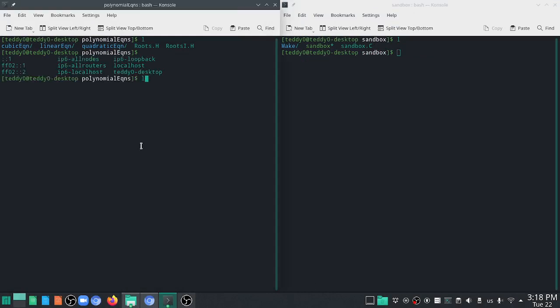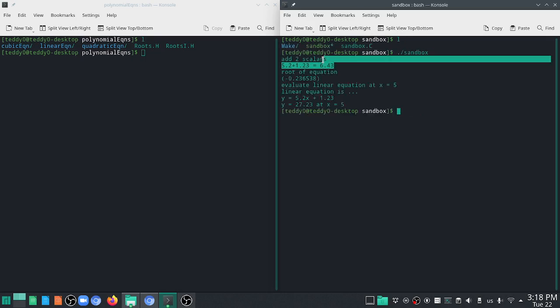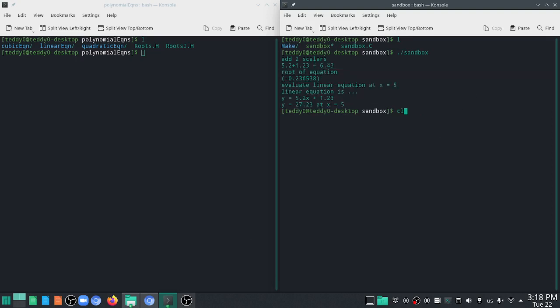Let me run you through what the code looks like, and then I will tell you the process of how it's being made. So the sandbox code is very simple. It adds two scalars, it finds the root of an equation, and it does some simple y equals mx plus c kind of thing. Okay, how did I do this? If you take a look at the sandbox,